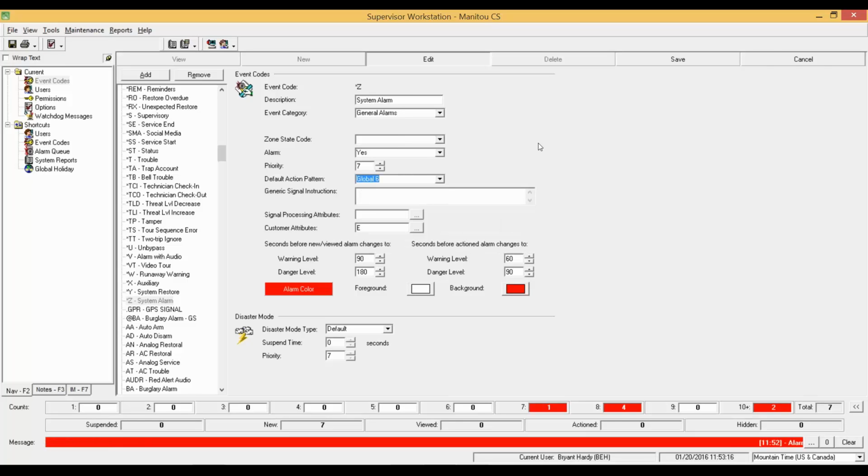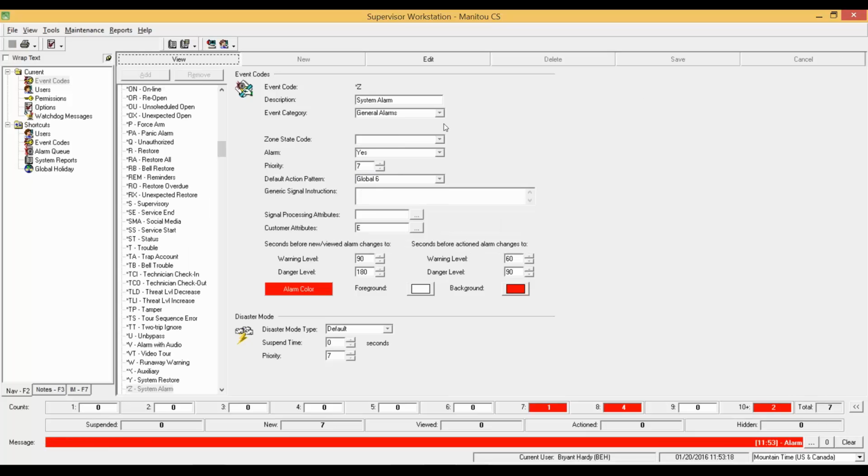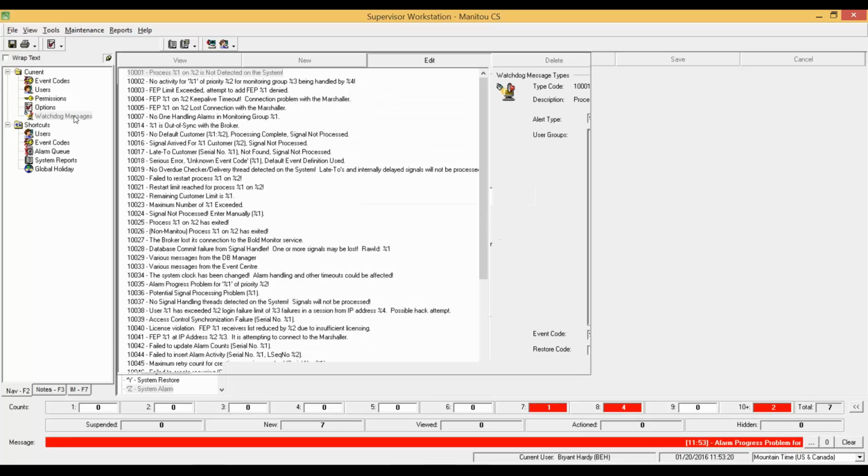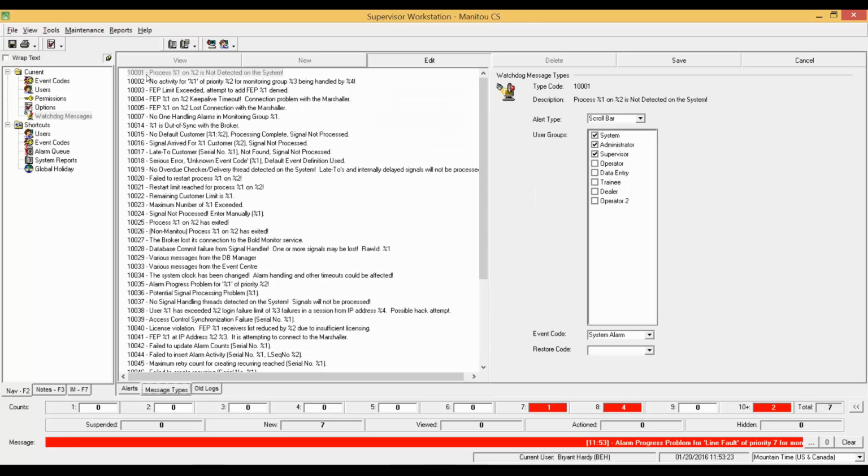A little bit more flexibility of what I can do with those Watchdog alerts is, this is awesome here, that you see the number, which is the type code over here for all of the different Watchdog messages here, like I got 10,007, 10,015. This type code number becomes the zone of the alarm event itself. So that being said, if I was to get an alarm progress problem, which is 10,035, and I have that as a system alarm,